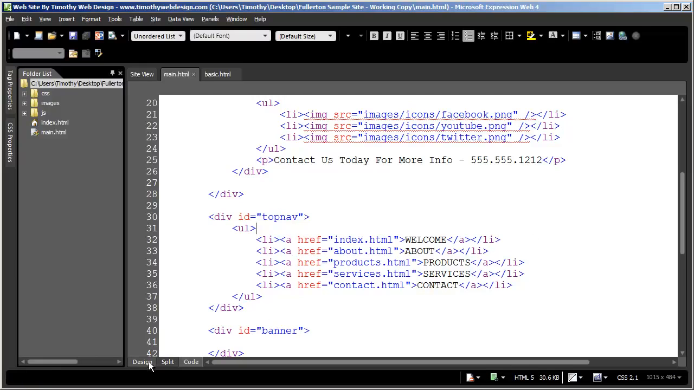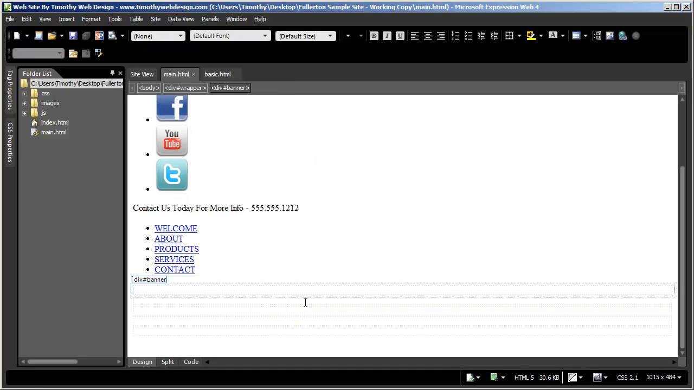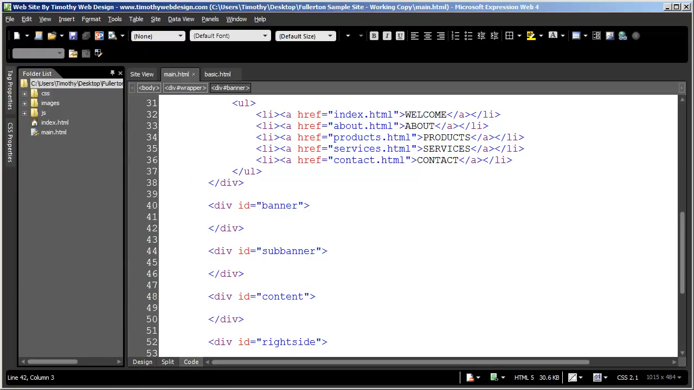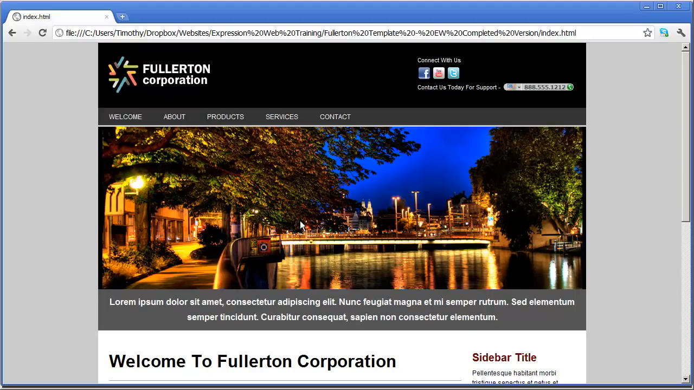Save it, look at it in design view, and there we go. We've got our menu. Next thing we need to go ahead and do is add the banner image for this. Now,